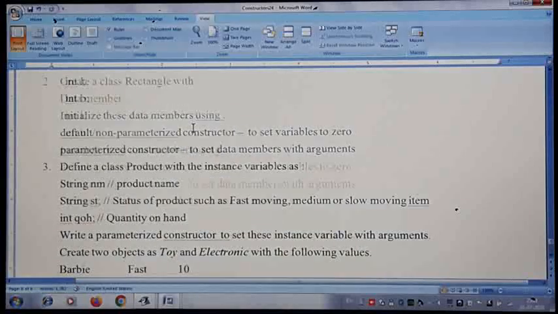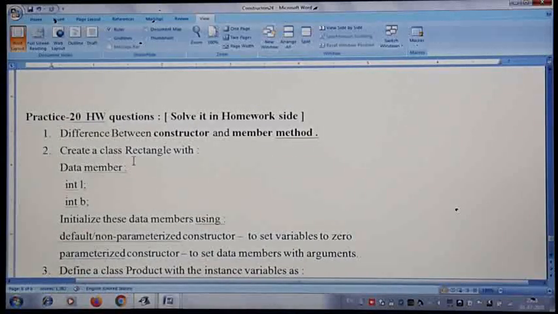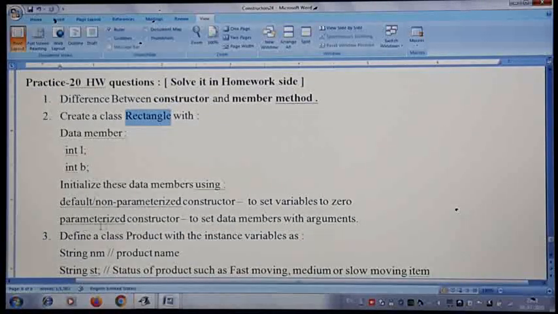The second question is about a program. You are going to create a class Rectangle with the instance variables L and B, length and breadth, and you have to initialize these data members. Write only what is asked in the question. You are not writing any creation of an object. So you write the instance variables L and B, then initialize them by writing one default constructor and one parameterized constructor with arguments.